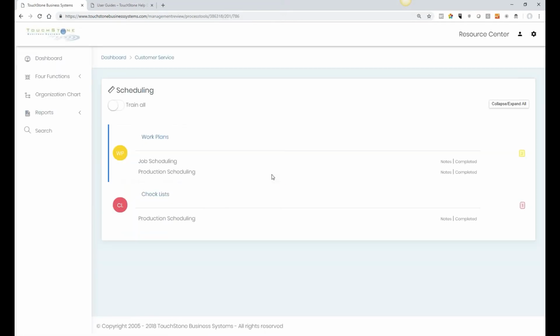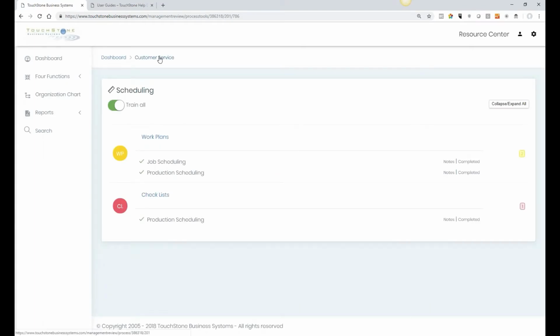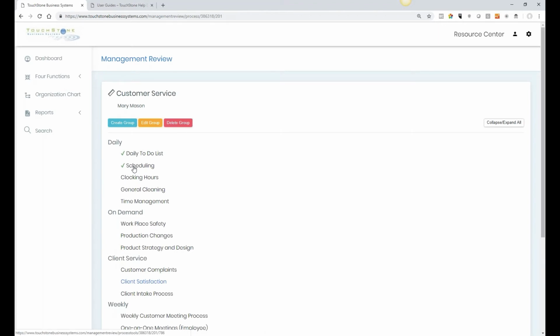I go there. I can make training notes if I want to, just to remind myself of how she was trained, when she was trained. And then when I'm happy that she's been trained in all this, I flip this flag, and then these little check marks appear again. And then if we go back, you see it right here on the overall process. So this is what I mean by it being a checklist. I check her off, I can put in notes, and I mark her as trained in the process,